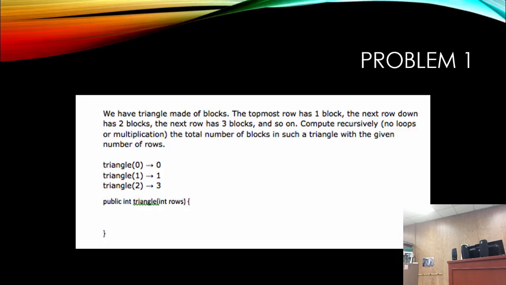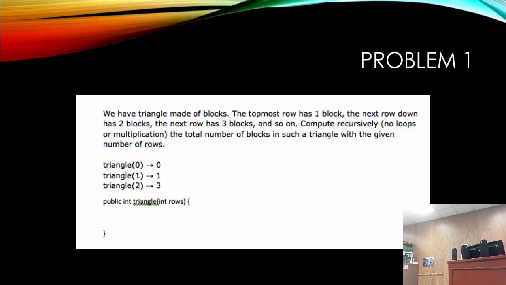Wait, what was 3? Put in 3? 3 is, wait, what was 2? It's just 3. Yeah, 2 is 3. 1 is 1. 0 is 0. Oh yeah, 3 is 6. Okay, good. Todd got it. And then Stephen, you raised your hand at the same time. Did you get it?